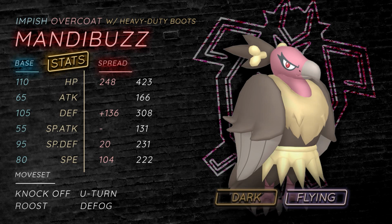This helps us better take on Urshifu. We have the Overcoat ability, so we can switch in 100% Pokemon like Amoonguss, obviously because we don't care about that Spore, and resist most of their attacks. And usually I would go Foul Play on Mandibuzz, but because this team has Slowbro as a secondary check to